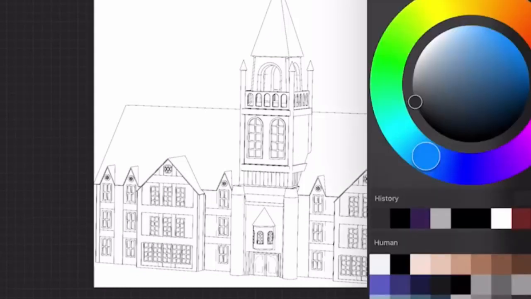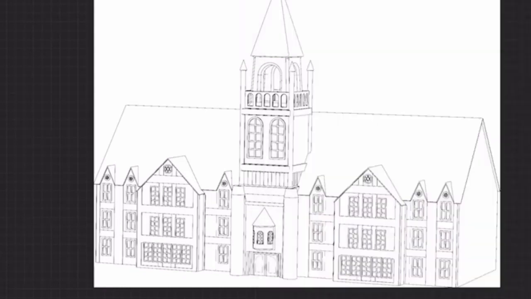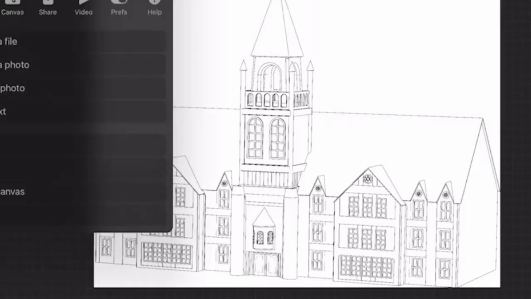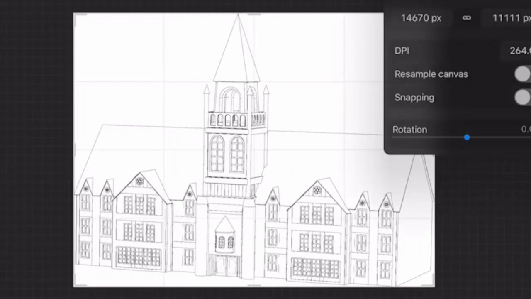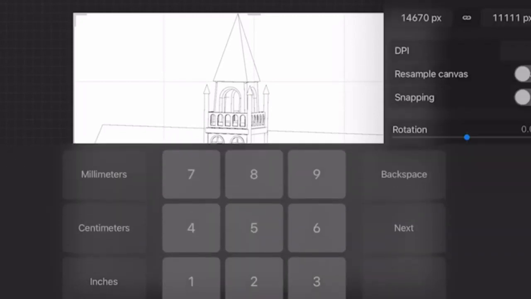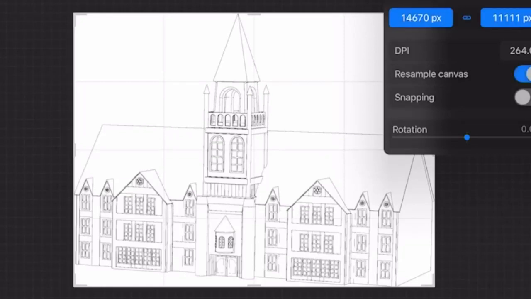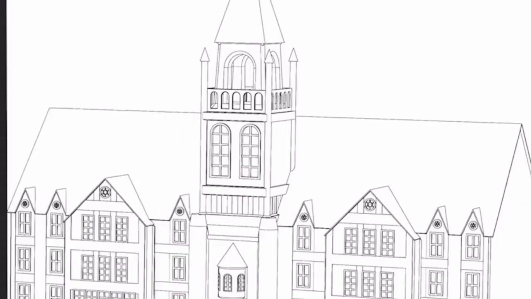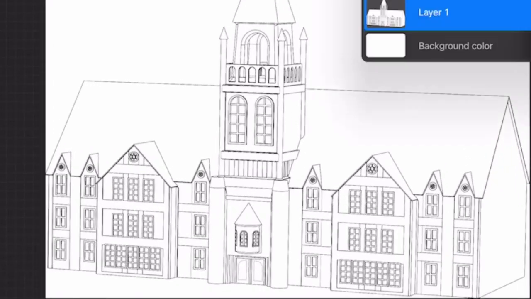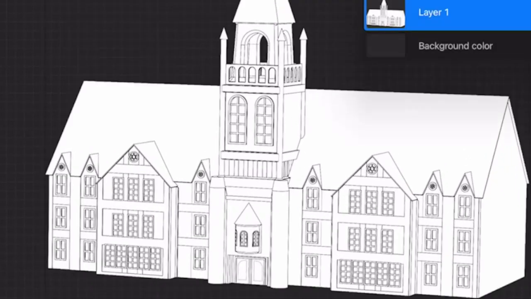So I think Clip Studio has some render or memory limits on size, so I may have to resize this real quick. Let me just see how many. Yeah, it already says too large. So we're gonna resample the canvas. Let's do this and resample and drop the resolution down. Let's just make it a 4K one and go done. There we go. So now I have this building,